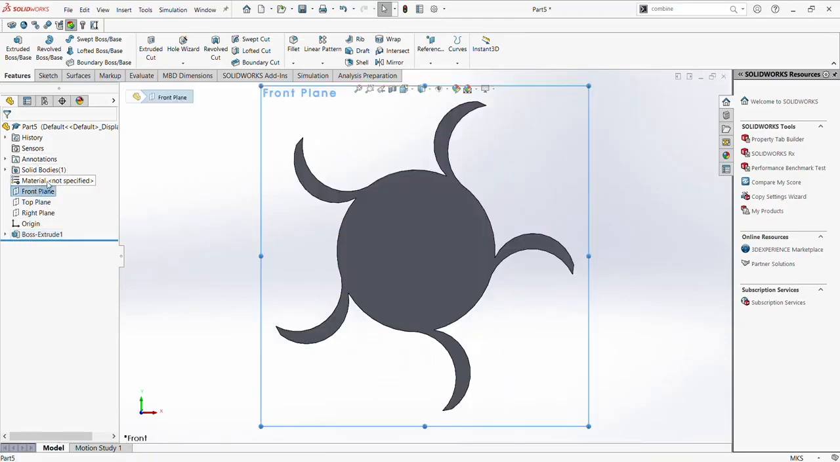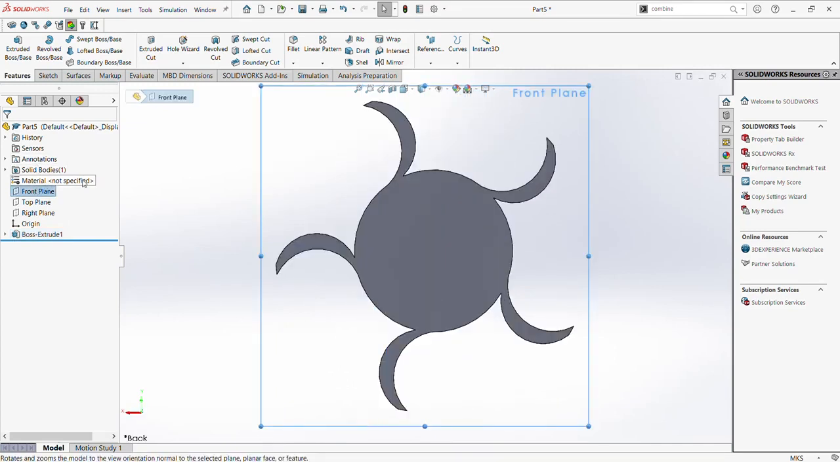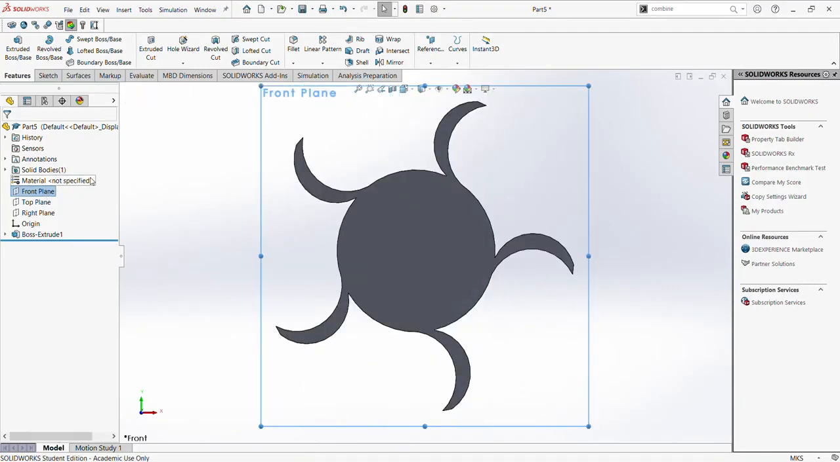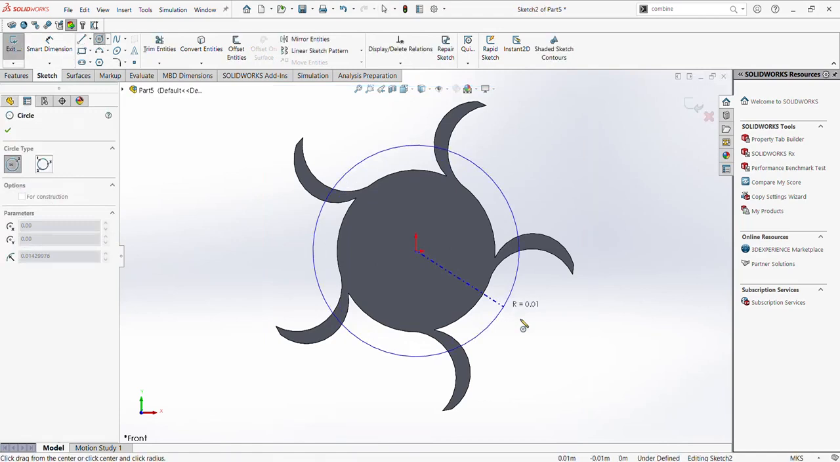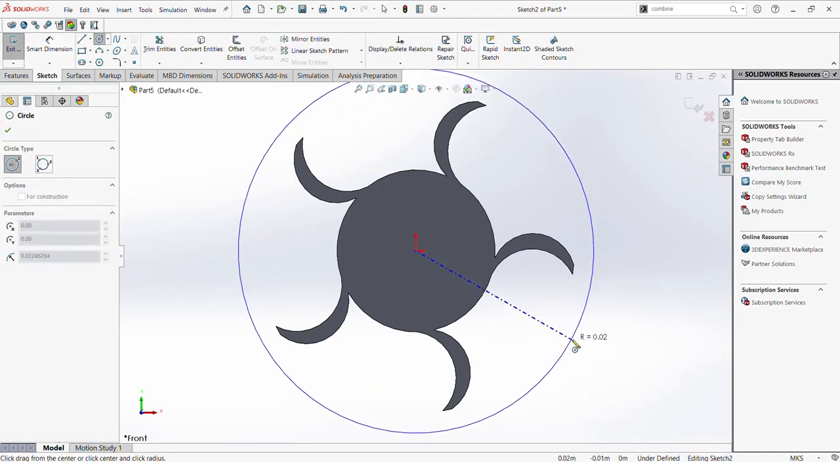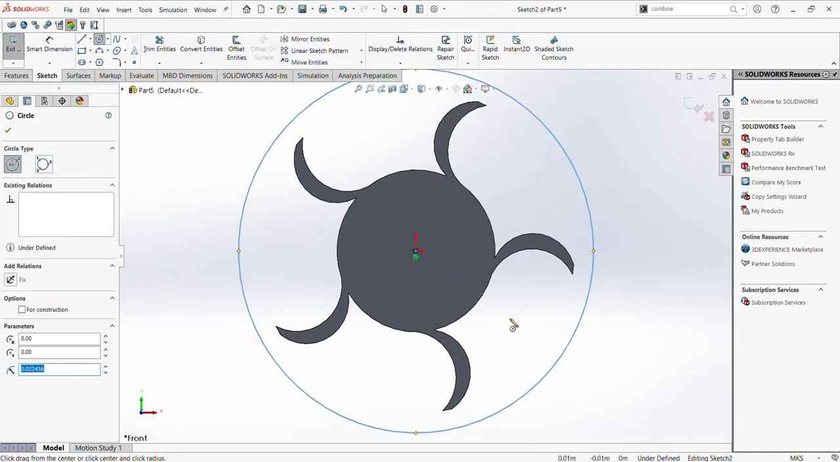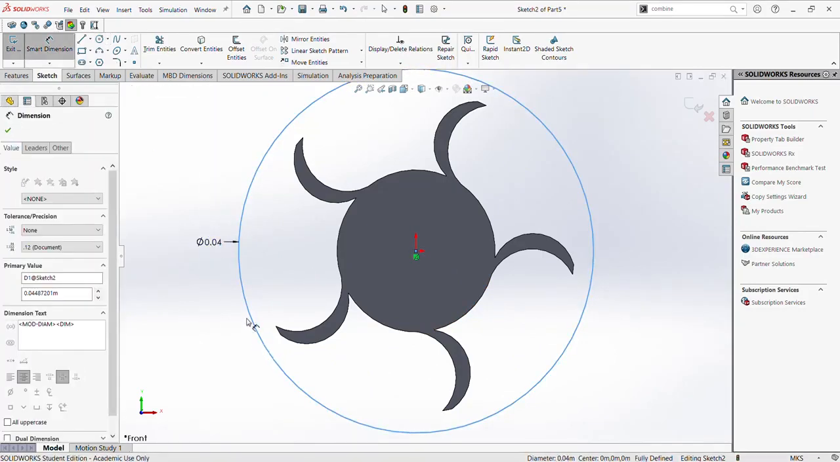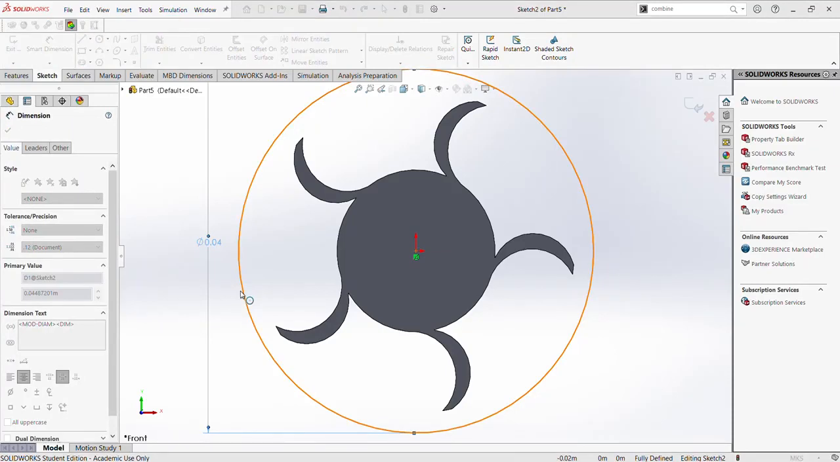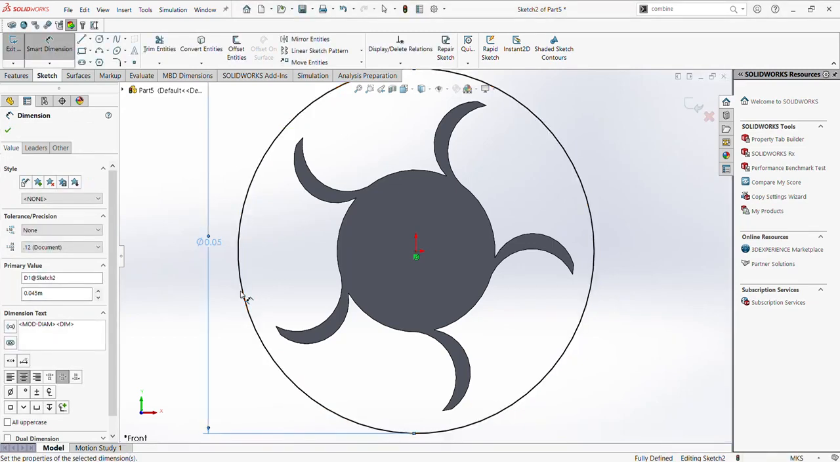So you're going to draw another bigger circle around this blade. Make it a little bit bigger. Let's make it close to 0.045, and then